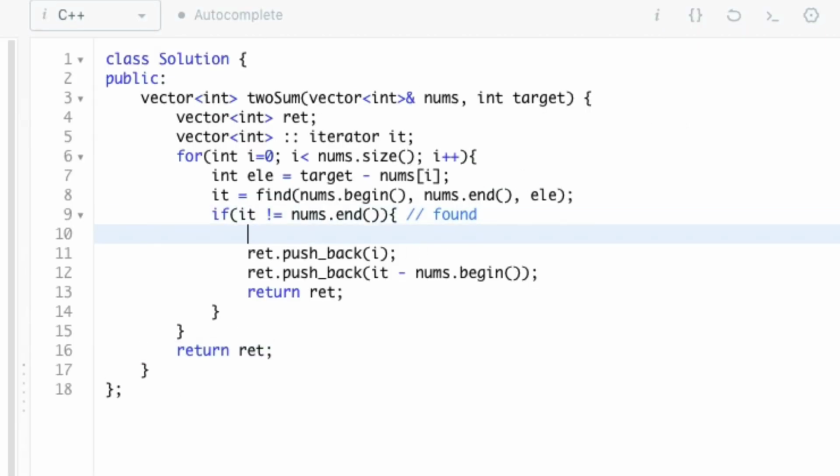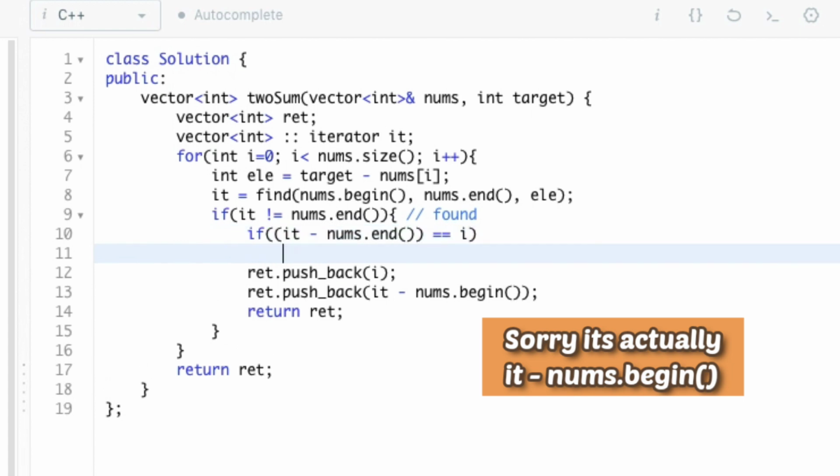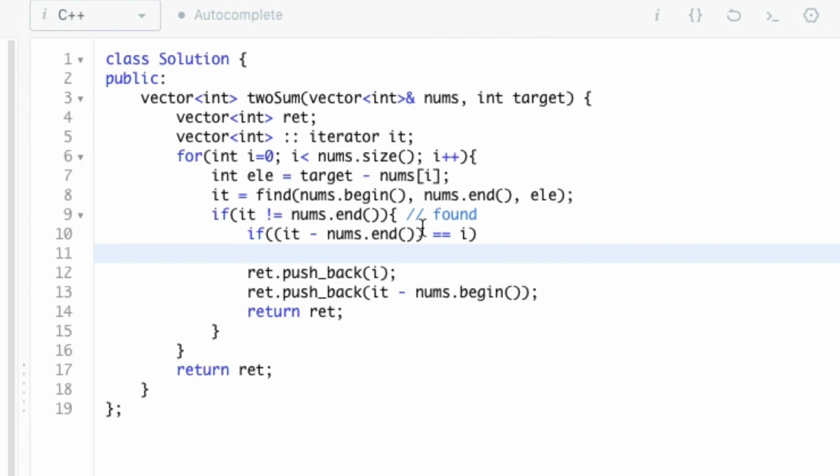For that, we can put an if statement which checks whether the position which we got in IT is not equal to the position I. If both the positions are equal, then we know that it is the same element, so we need to continue.